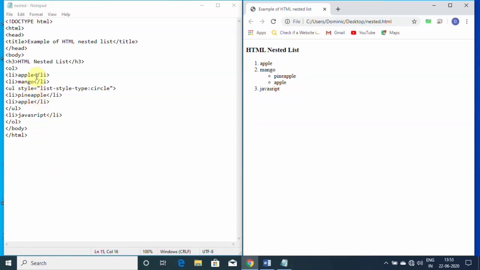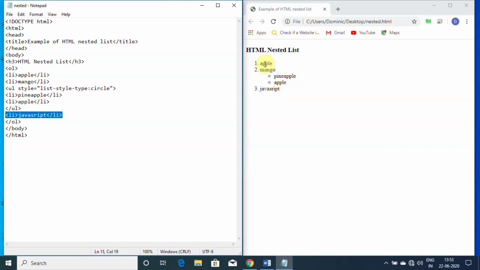When you create any list by using ordered and unordered list within a list, that is called a nested list. That's why it is called a nested list. I have created the first list by using the OL tag and the second list by using the UL tag, and I have given the type circle, and this list is created by using circle type, and again I use the li tag to create an ordered list.